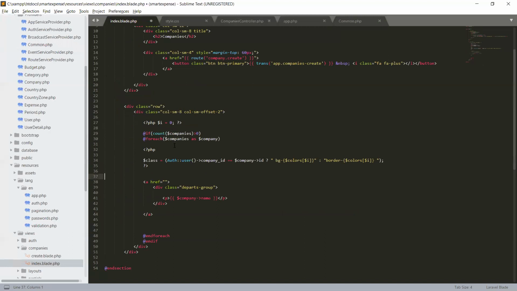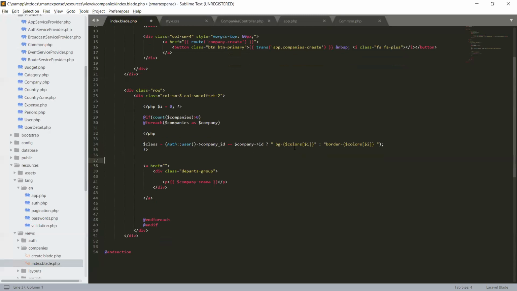So when the iteration of this foreach runs, at the first run it will be 0, and at the second run it will become 1. At 1 its color will be yellow, and at the next iteration of foreach it will become 2, and so on. Okay, hope this makes it clear for you. Okay, bg color array I, and bg color array I.